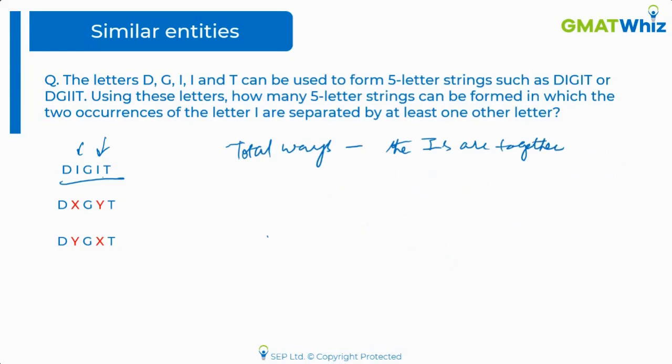If there were more than two I's, then this method will not be the best method. Okay, so let's do it this way. A lot of you wanted to do it this way, so let's do it this way. So total is,